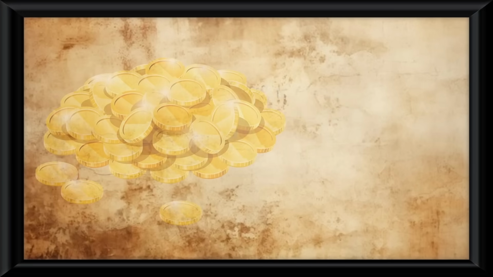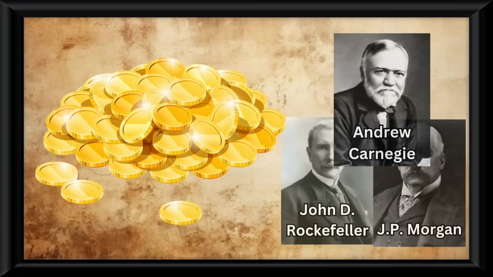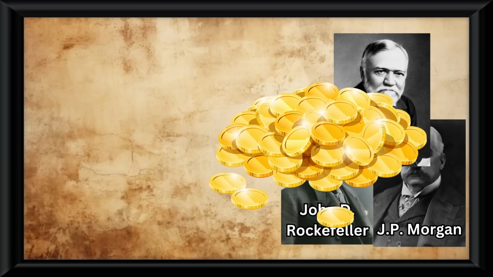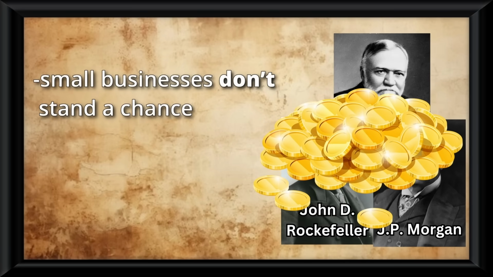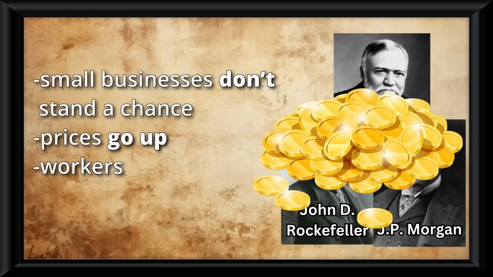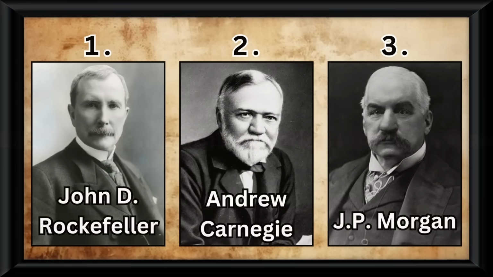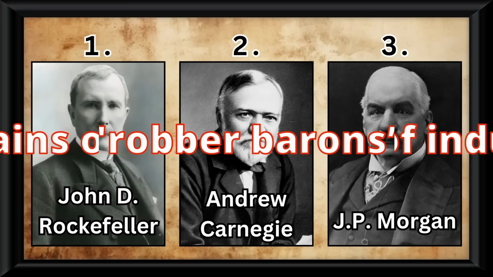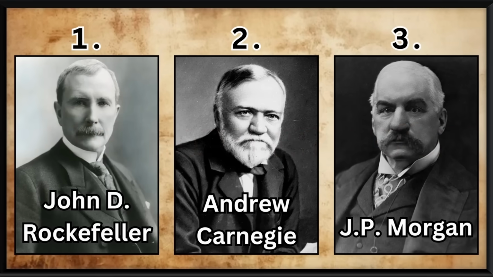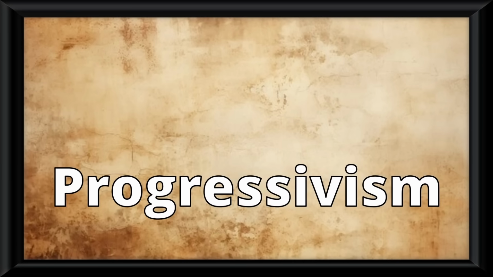So you might ask, what is the result of all of this? Well, I'll tell you. This would cause a disproportionate share of American wealth to be accumulated amongst a very few top elite. Small businesses now don't stand a chance. Monopolies would cause prices on goods to go up, and most of all, workers would be paid horribly in these factories and had almost no power to bargain otherwise. Very quickly, this will cause these quote captains of industry to be referred to as robber barons, because honestly, that is kind of what they are. This would lead to a movement later known as progressivism, but I get ahead of myself.